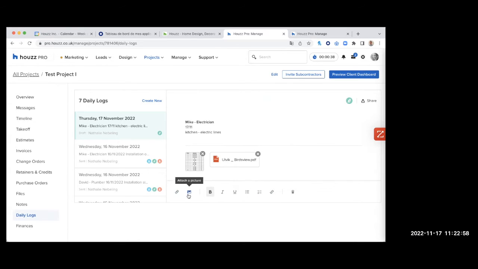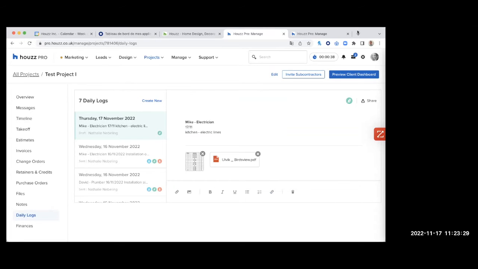Okay, perfect. So here you're able to attach files or pictures, right? And you will be able to also add a link. You just need to underline the part of the words you want to link. So you underline it, and then you click on link, and you will be able to copy and paste your link. So this is it. It's a pretty straightforward tool, right? It's really made to be easy, quick to share